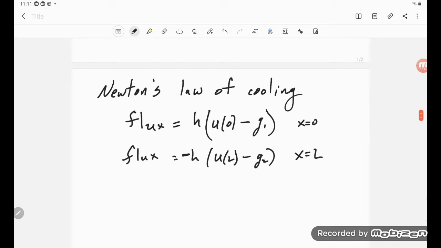All right, so now what they've done in order to make this happen, okay, so if u of 0 is greater than G1, right, then this flux is greater than 0. Okay, so